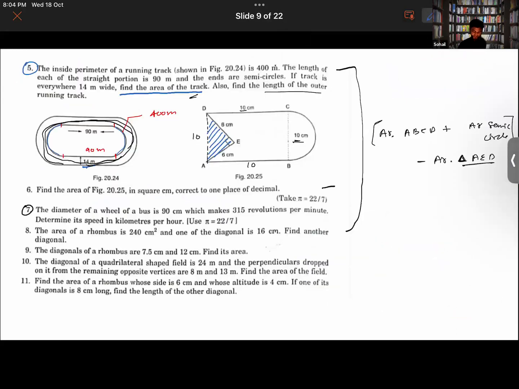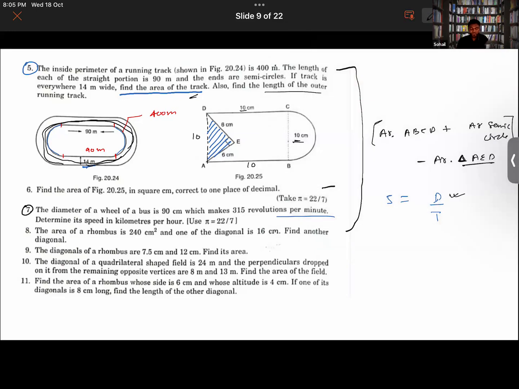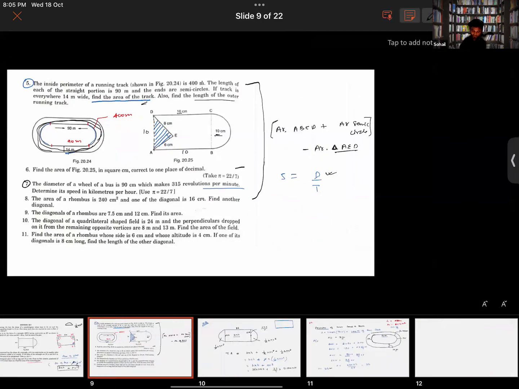So question number 7, what it basically says now. It says that the diameter of the wheel of a bus is 90 centimeter, and it is making 315 revolutions per minute. Determine its speed in kilometers per hour. So speed will be what? Speed will be the total distance it will be traveling and the time it takes to travel that much of distance, right? सबसे पहले हमें distance find करने हैं, right? So starting from basics, we would say that